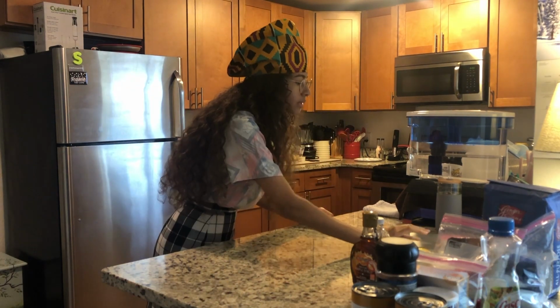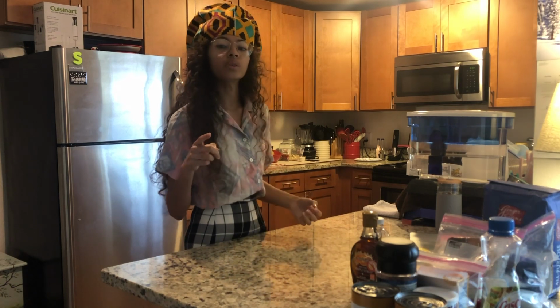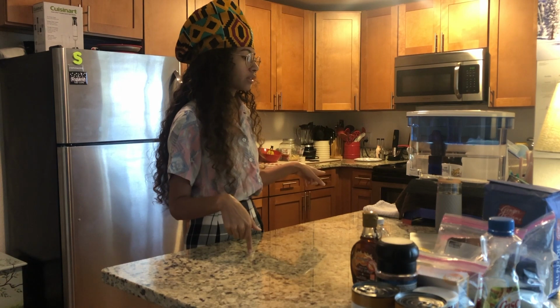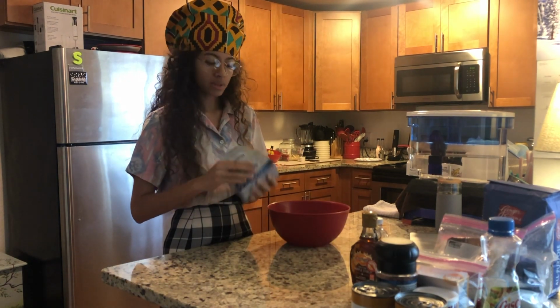Cheers. Step number 1, preheat the oven to 350. I'm not doing that because I take too long. That's fast. I'm gonna be doubling the recipe because